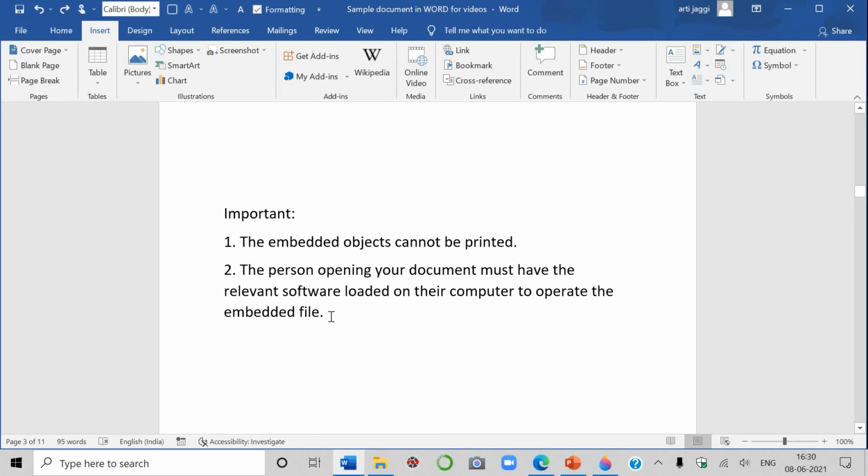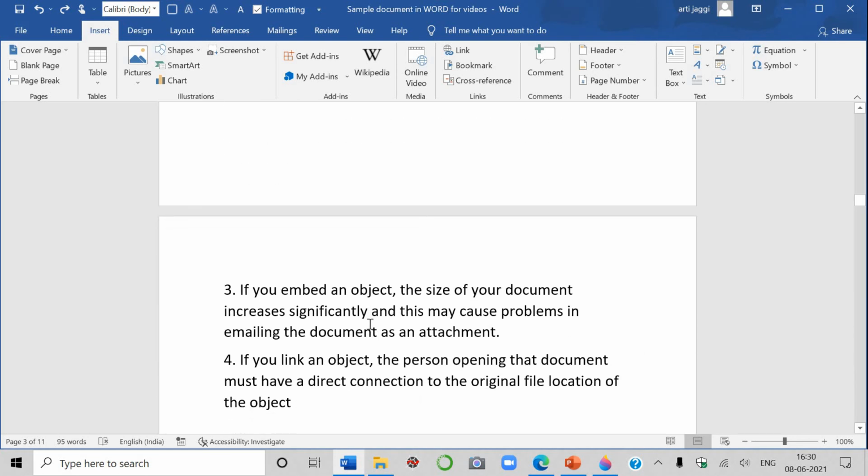Suppose आपने यहाँ पे Excel की file embed की है, आपने you have sent the file to one of your known person, your friend, तो उनके वहां पर अगर वो ओपन नहीं हो रही है, the reason could be कि वहां पर उनके पास एक्सेल नहीं है, या पावर पॉइंट का आपने कुछ उसमें इंसर्ट किया है आपने ऑब्जेक्ट, and that will be sent, the file will be sent to your known person, your friend or your colleague, but उसके अंदर उनका वो सॉफ्टवेयर नहीं होगा, अगर जो आपने इंसर्ट किया है तो आपका वो शो नहीं करेगा.